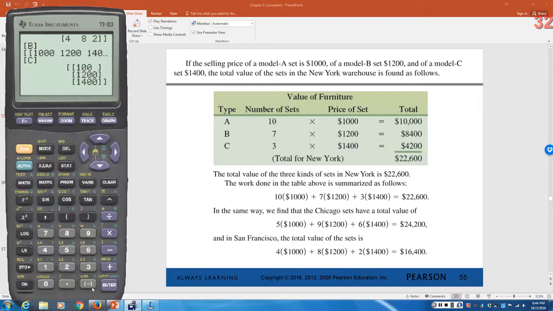And here's what Matrix C looks like. Those are called transposes of one another. When you swap out the rows and the columns, it's called a transpose. Now, if I want to multiply the matrices, I want to multiply